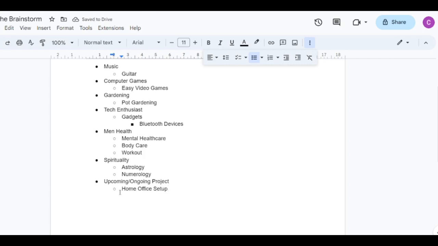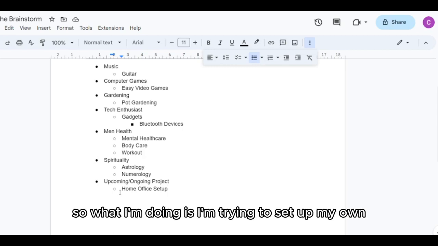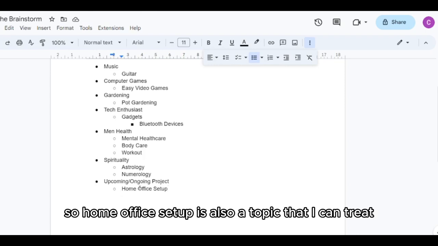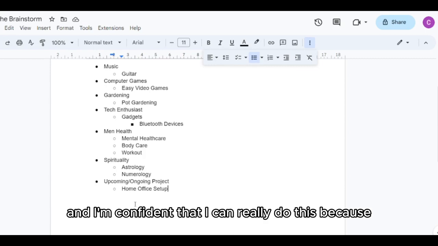All right. As an online businessman, I don't have an office in the house. So what I'm doing is I'm trying to set up my own office within the house. So home office setup is also a topic that I can treat,